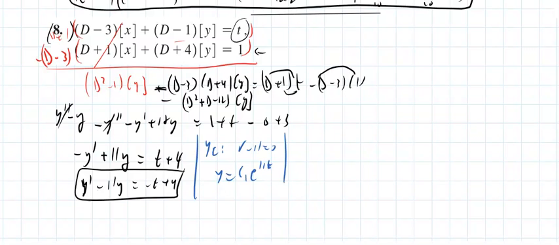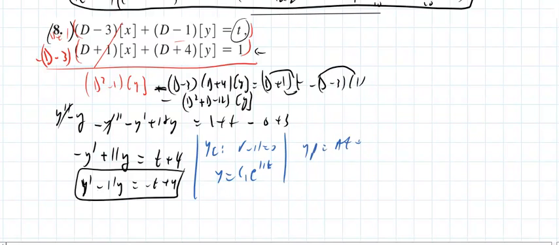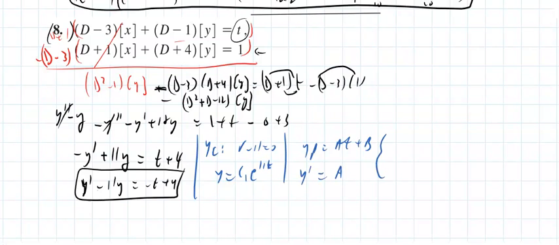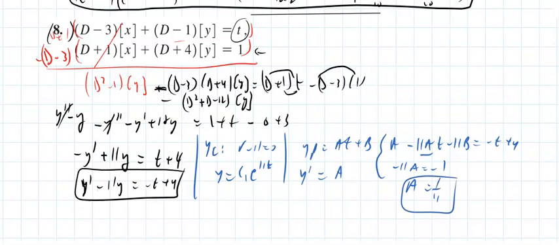And I could say the particular is at plus b. Take a derivative, that's a. If you take y prime, which is a, minus 11 times at plus b, that should equal negative t plus 4. That means negative 11a equals negative 1. A is 1 over 11. And if you know that, then you know that